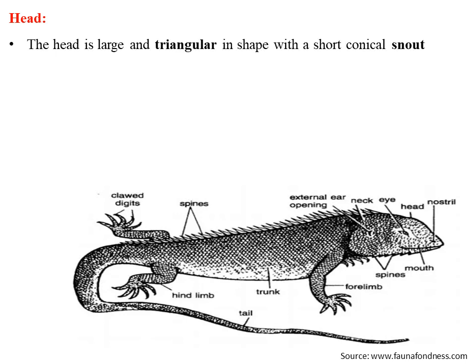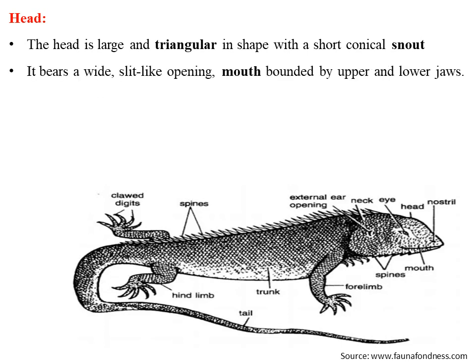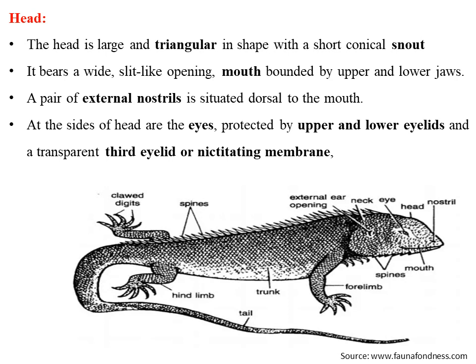Here the head region is triangular in shape, and the anterior end of the head is produced into a projection called the snout, that is, a conical snout, and it bears a wide or slit-like opening called the mouth. The mouth is situated at the anterior end of the snout. The mouth is bounded by two jaws, namely an upper jaw and a lower jaw, and a pair of external nostrils which is situated dorsal to the mouth, and there are two eyes which are located